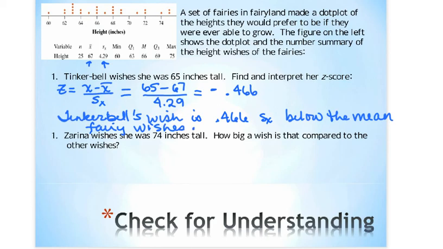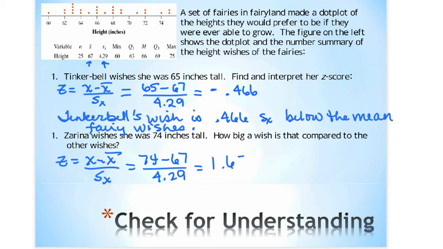All right, Zarina, and in case you're wondering, yes, Zarina is a Disney fairy. Zarina wishes she was 74 inches tall. Apparently she wants to be really tall. How big a wish is that compared to the other wishes? Well, z-score again, x minus x bar over standard deviation, 74 minus 67 over 4.29 is 1.63. So Zarina's wish